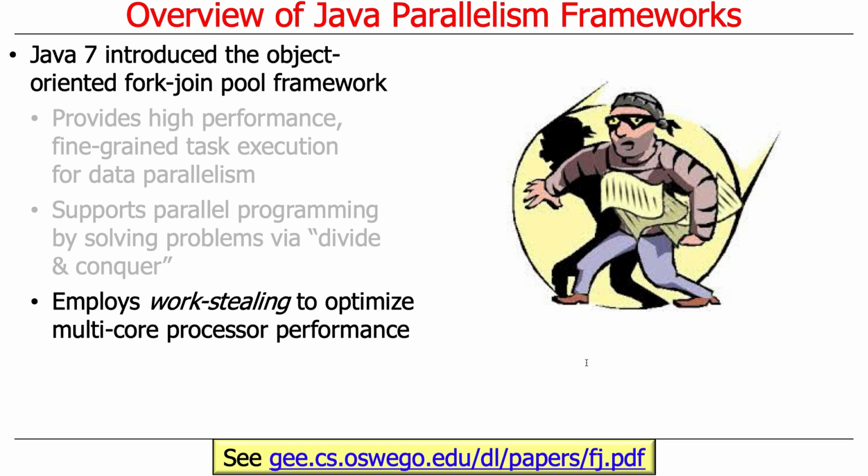Yes, sir? Will the equivalent of this be like in C using like p-threads? Oh, great question. So the question here is, how does this correspond to p-threads? So if you're programming in C, like if you take the operating system course here, hopefully you'll learn about p-threads. P-threads stands for portable threads or POSIX threads, and it's a standard API for spawning threads in C. The equivalent sort of feature in Java would be Java thread.